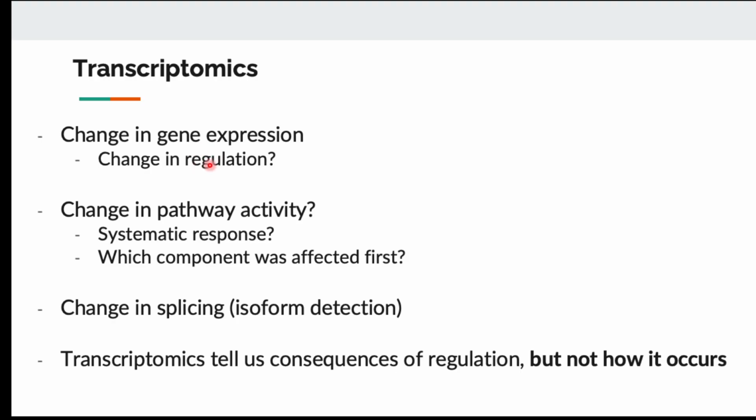As a biologist, we tend to ask the question, what kind of regulatory change led to this up or down regulation? Do we have more transcription factor binding? Do we have more open chromatin? What caused the up or down regulation? And we cannot tell that with just transcriptomics. We need to go back to genomics to identify if there is any mutation in the promoter, any mutation in the nearby enhancer. We need to go to epigenomics data to understand if the transcription factor binding changed or the